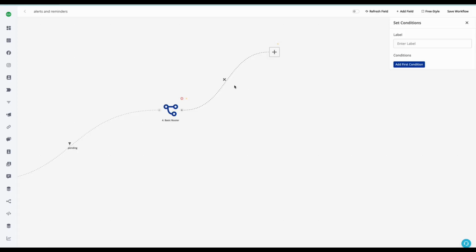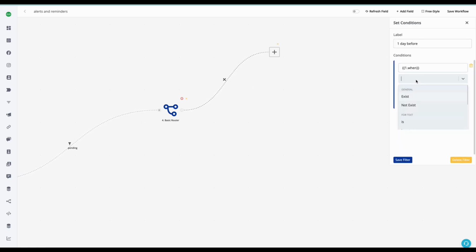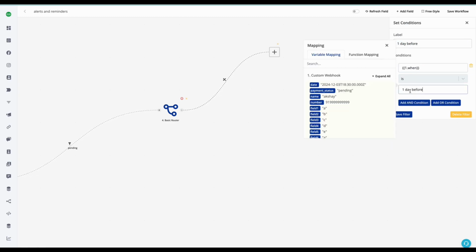And then if I have set for 1 day before and 1 day after, I'll basically set conditions like that. So when is 1 day before,